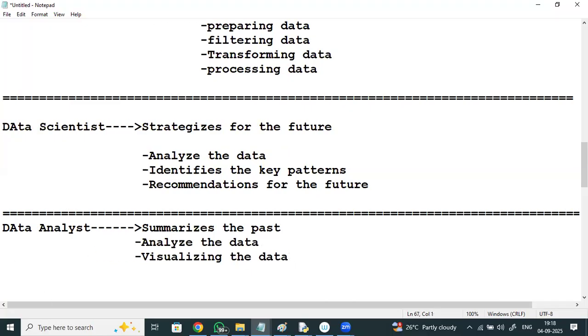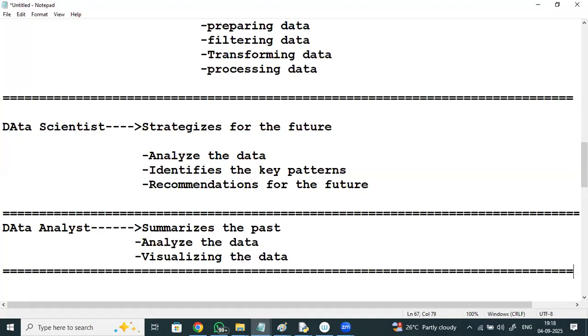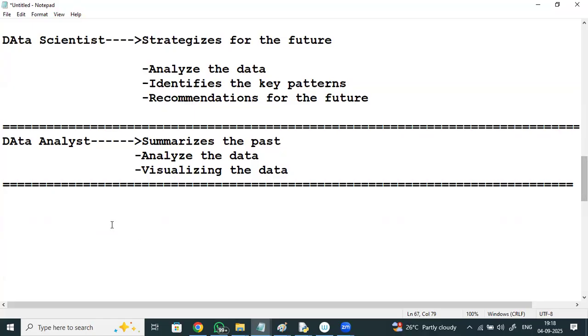So a data scientist, apart from this, has a lot of other responsibilities like data analysis, data predictions, data classifications, data recommendations, pattern matching. For all these things, he is responsible. But if we talk about the data scientist and the data analyst, for the pre-processing, the bringing of data from different sources, filtering, processing,